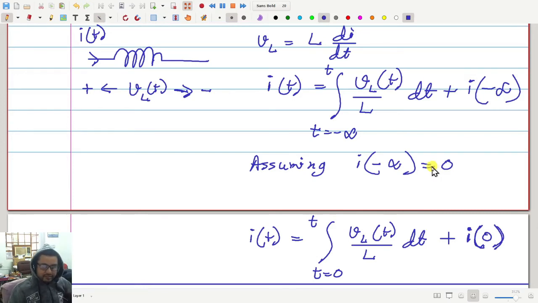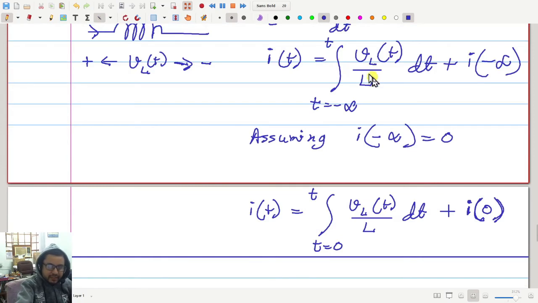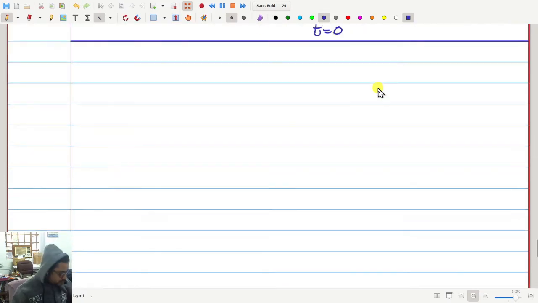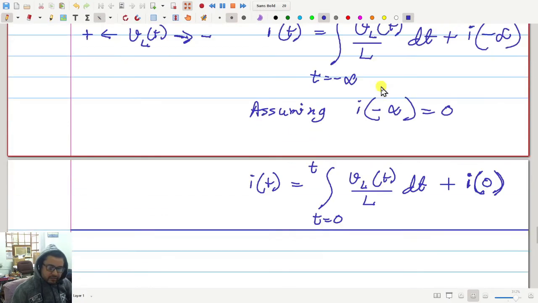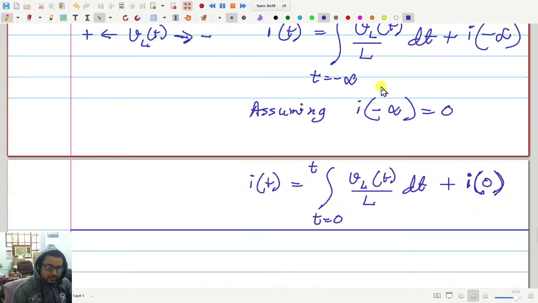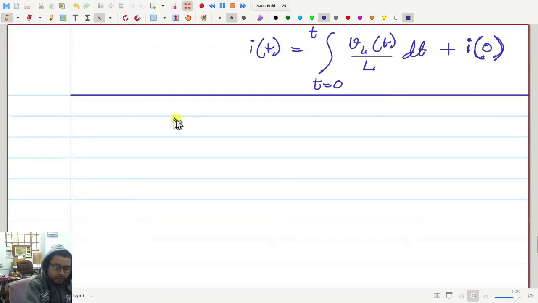So this is just calculus of differentiation and integration. You just think about it, and if you have any difficulty, you can ask me. Sir, because we have integrated di on the left hand side, therefore we are getting I(t) minus I0, or I(t) minus I(minus infinity). Okay, so let me show you. Let me do this.